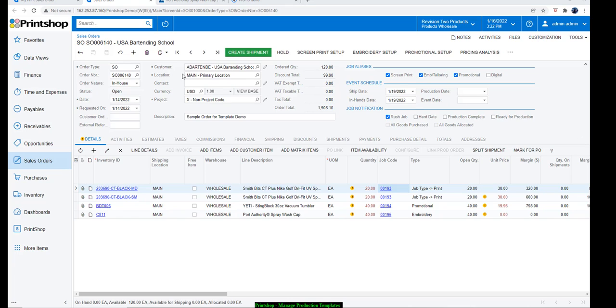Here's an example of a sales order that I have with 3 different job types. I have 4 different line items. 2 of them are t-shirts. One is a tumbler, which is a promotional product, and the other one is a hat with embroidery work on it. So I could open up a particular job card,